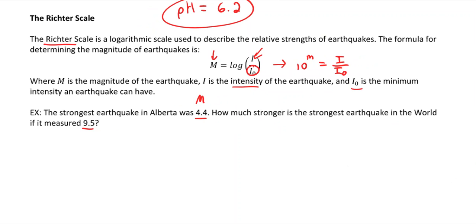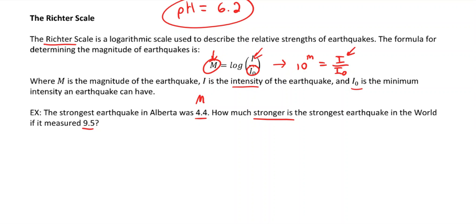Okay. So when it says how much stronger is the strongest earthquake, what it's actually looking for there is the intensity, right? When it says stronger, that's kind of the hard part of these questions, figuring out what it's asking for. Because the magnitude is just the number that we give it, based on the Richter scale. But the intensity is really how strong it's actually shaking, right? So when it says how much stronger, it's saying how many times bigger is the one intensity than the